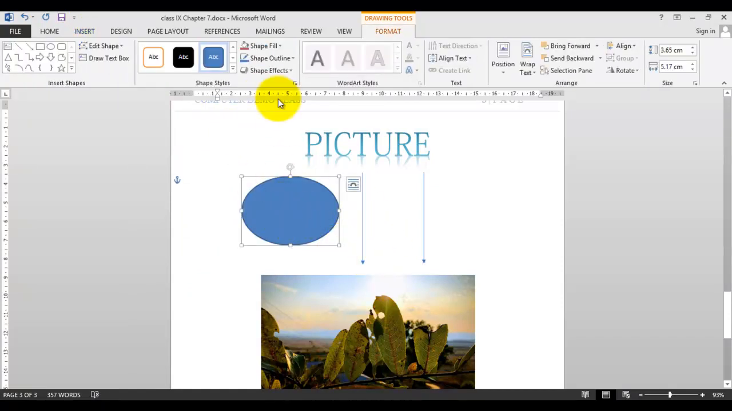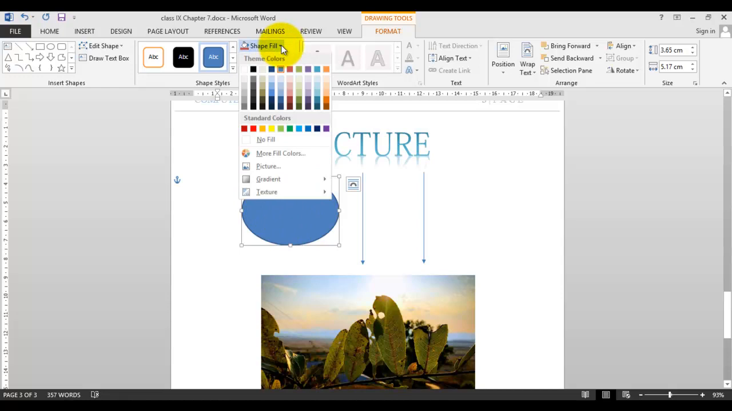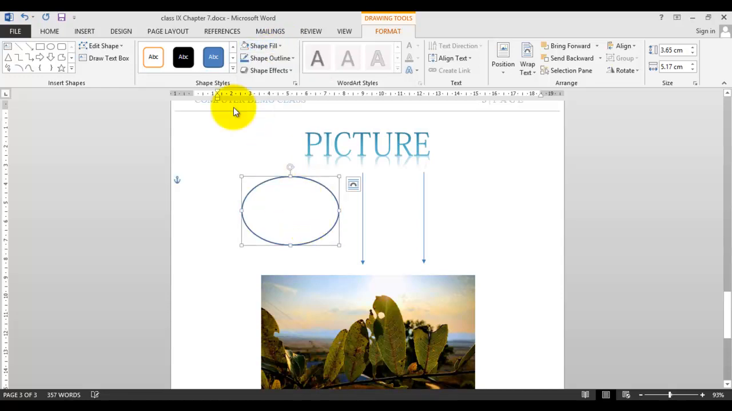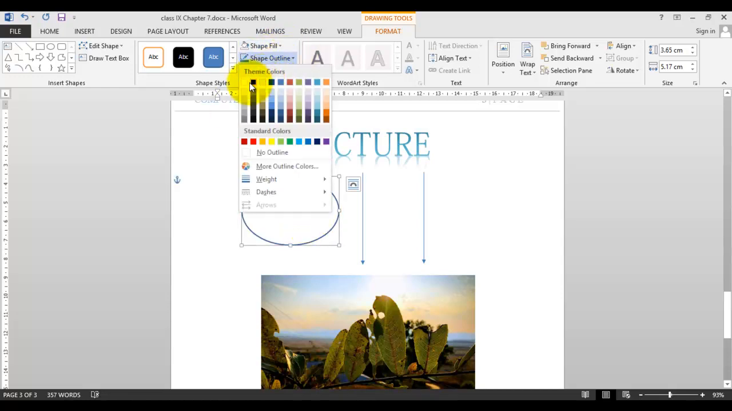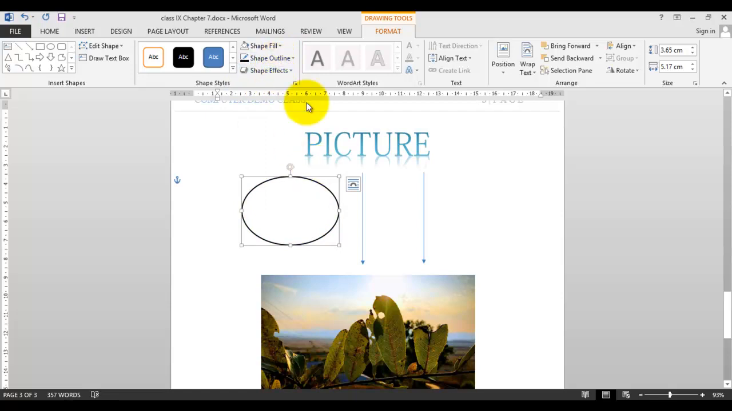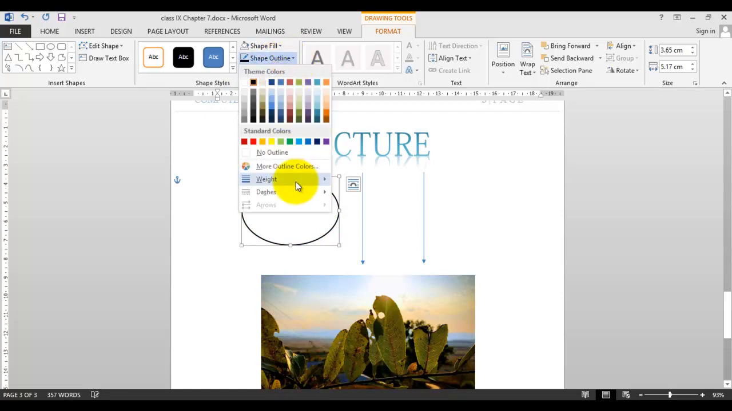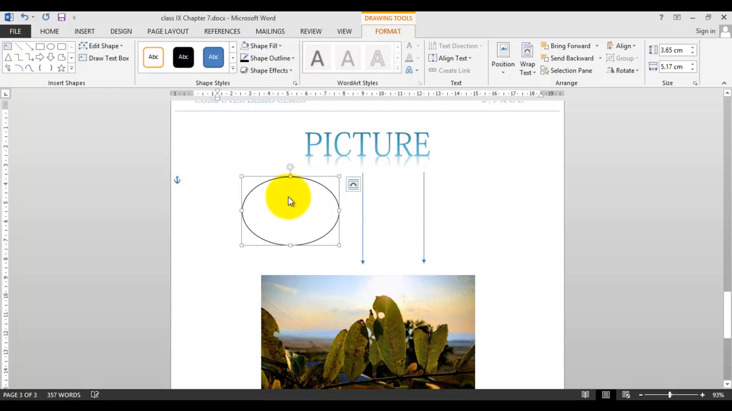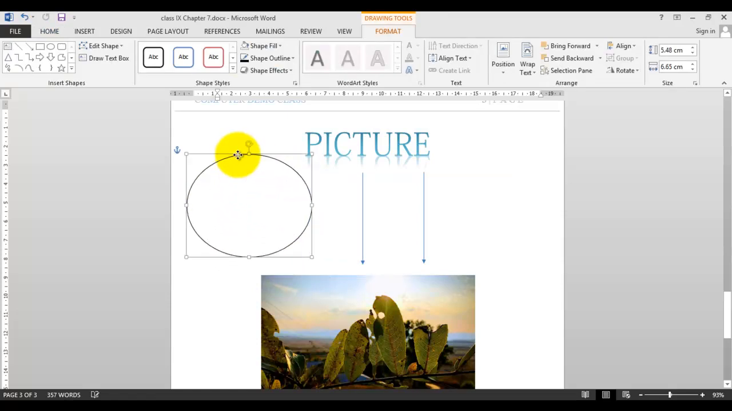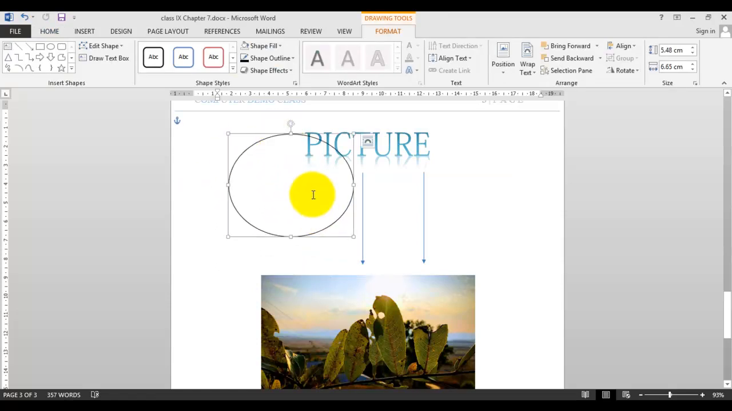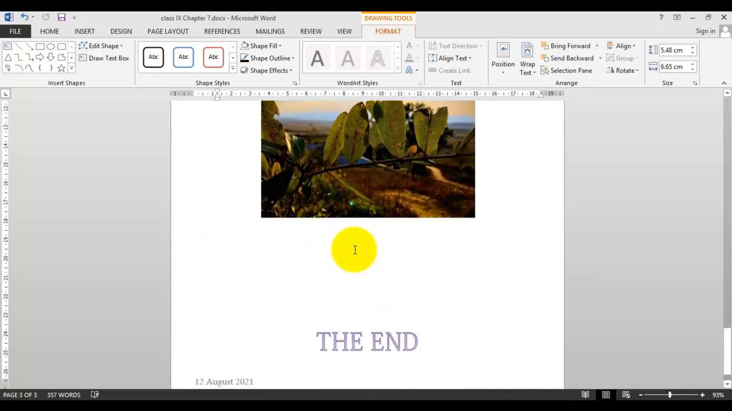If you want the field empty, go to shape fill and no fill. If you want to change the outline of the shape like this, you can change it. Wait, I want to make it a little smaller. You can change it like this. So like this you can add your picture shapes in our document. Now the last one is